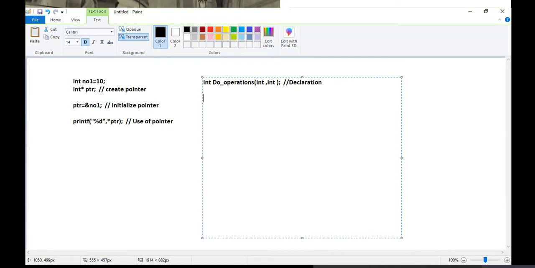I'm just clearing the background of the function, and then we'll go for the function pointer. Then in main, we'll start calling this. How will you call it? doOperation, and in brackets we'll write 10, 20. Whatever value this function returns, I will take that in resultant, and then we'll write printf of resultant.